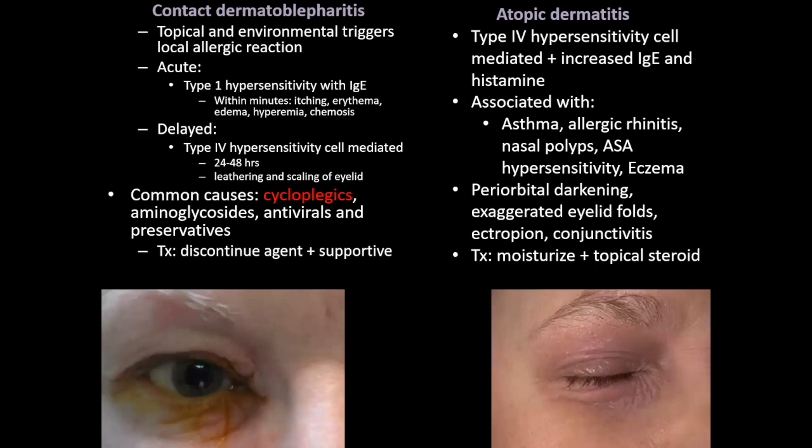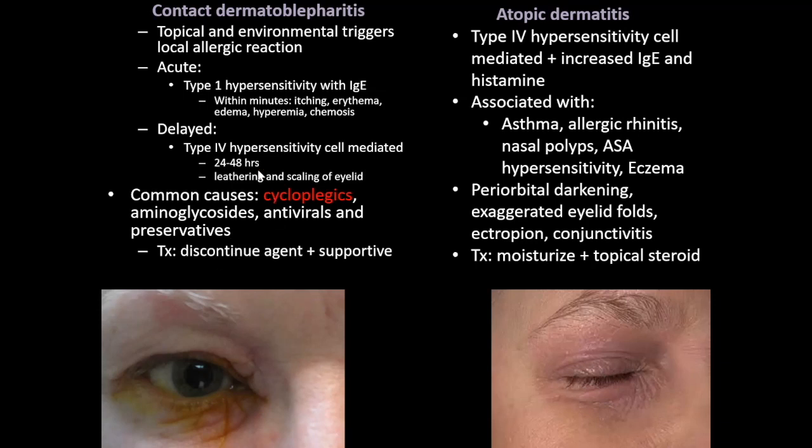So we quickly want to look at allergies. Allergies of the external eye. We have an entity called contact dermatoblepharitis. And it's simply an allergic reaction to a topical or an environmental allergen. And it has a unique presentation